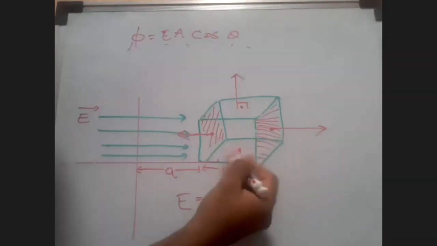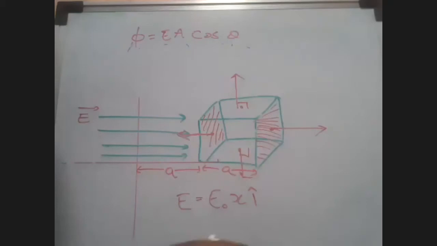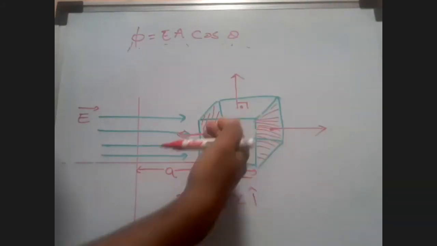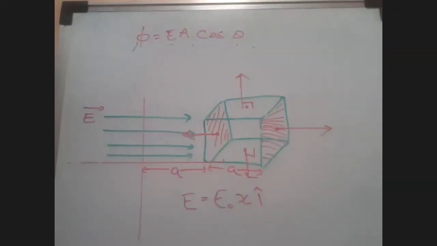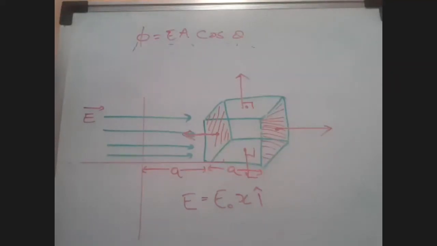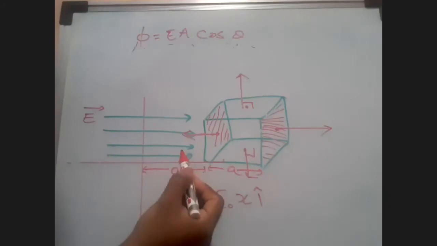So flux through this surface on the top is going to be 0. Similarly, the surface below is also making a 90 degree angle between the electric field lines and the area vector, so it's going to be 0 again. The surface behind the cube and the surface in front of the cube are going to do the same thing. What is not going to do the same thing is basically surface 1 and surface 2, which I have marked here. Surface 1 is basically making an angle of 180 degrees to the electric field line.